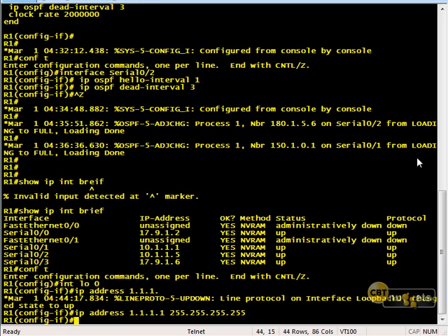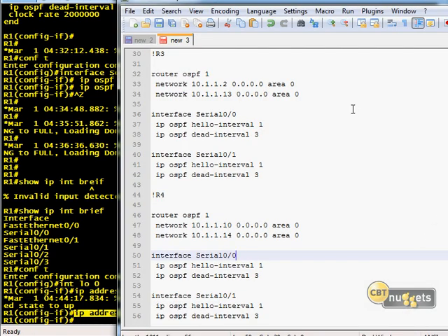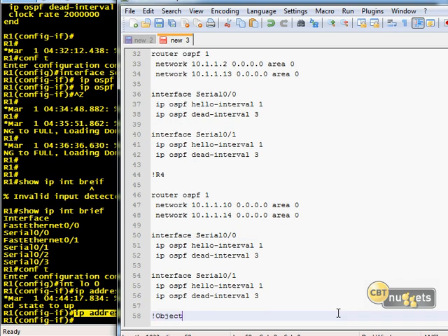252.255.255. There we go. And I use this subnet mask, so I'm just saying it's just that IP address that's there. And here's what I'm going to do. I'm going to take that guy. Sometimes I get so sucked into the config, I'm like, oh, I've got to keep going. So let's go to objective 2,